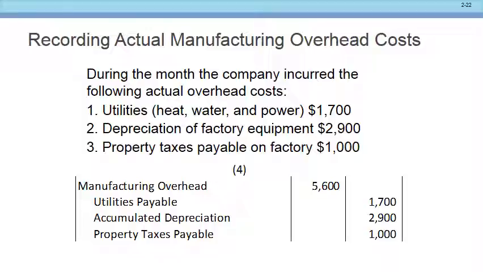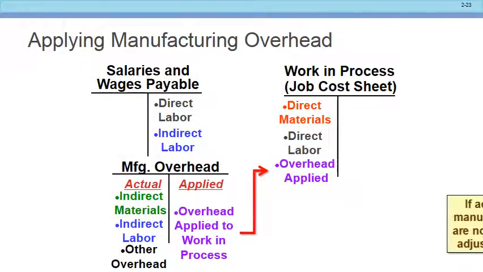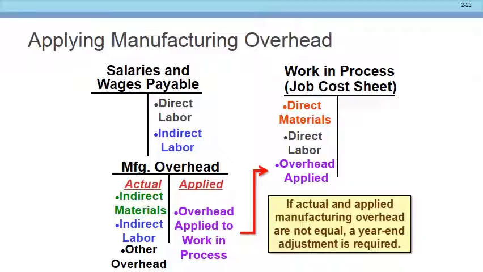So now what? Now we go ahead and apply on the next slide, which is going to be doing what? We're going to debit the work in progress for the amount that was applied, and it would be based on, the common one is on direct labor hours. You use that as your driver. You take whatever your predetermined overhead rate is, which we'll talk about in the next chapter, and you multiply that by the number of direct labor hours, and that is how you would come up with the number. The journal entry that you'd make would be a debit to work in progress and then a credit to the overhead applied.